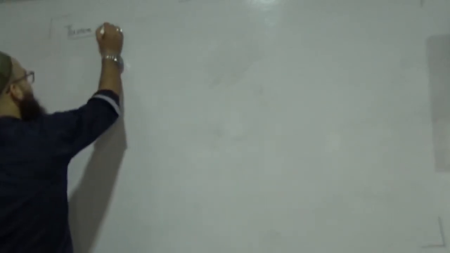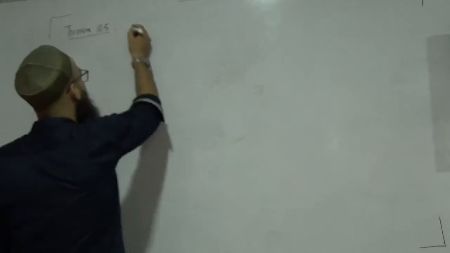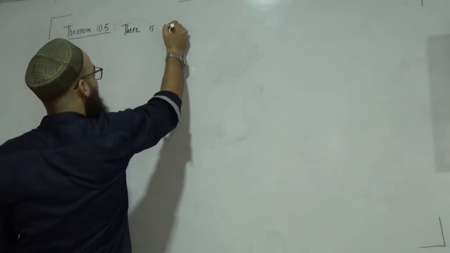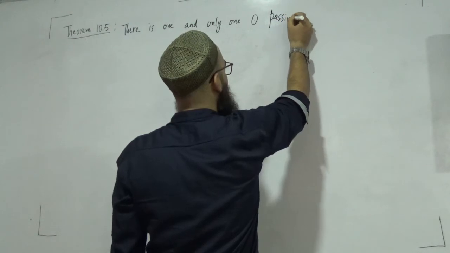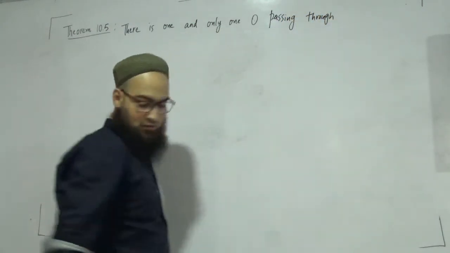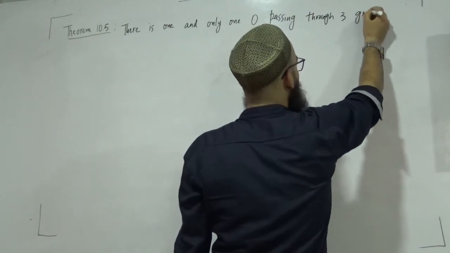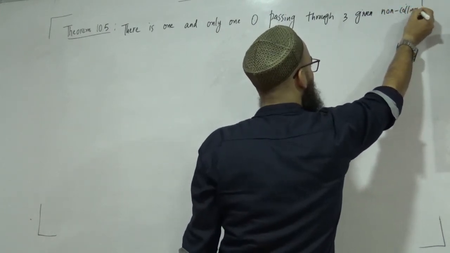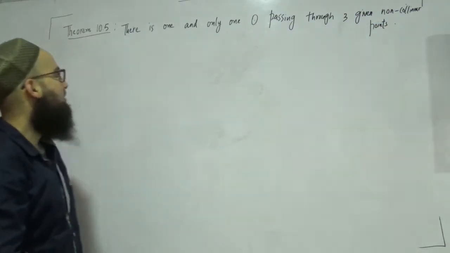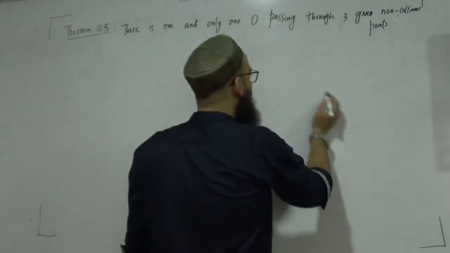Then I have theorem 10.5. It says there is one and only one circle passing through three given non-collinear points. That means if there are three non-collinear points,